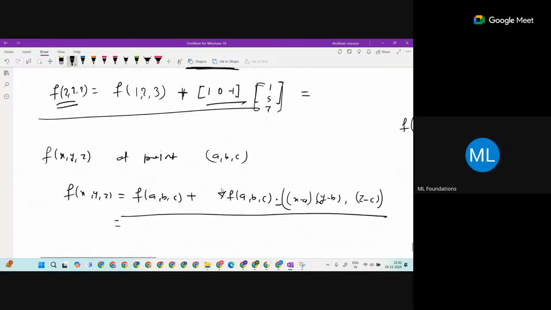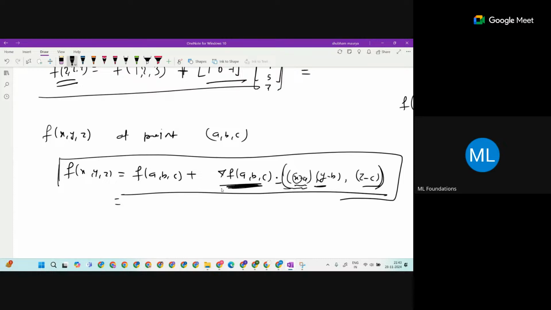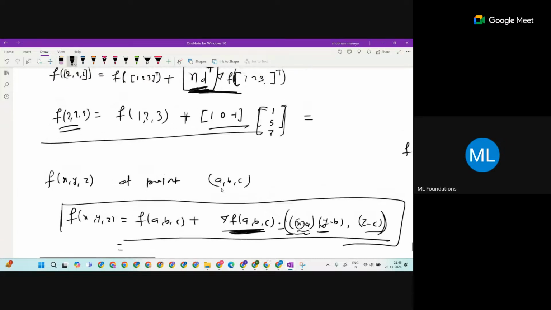So this is what it is in mathematics. Sir is writing it here, but in mathematics generally, this is the first order Taylor series, the multivariable one. See, this is the increment. This is the original point, this is the new one, and this is the increment vector, multiplied, as a dot product, with the gradient, nabla, that you have calculated. So this is what is done here.